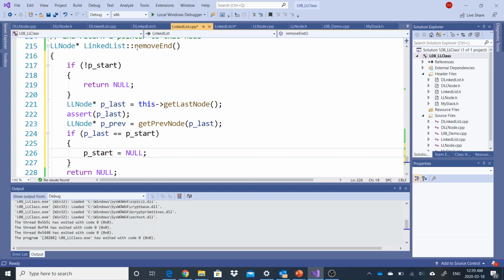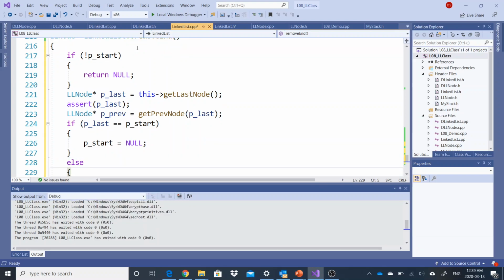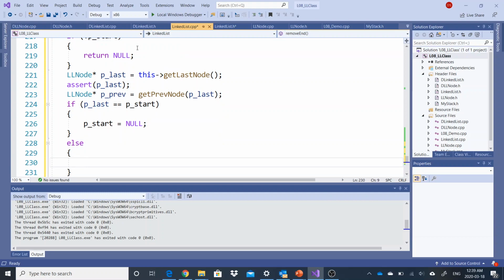Yeah, is equal to null. That should be fine. And otherwise, what else do I need to do? If the last element is equal to the start element, okay, so last element is equal to start, I only have one element. Other options, I already checked to see if there's no elements at all. Final options, I have one other element, and I know that p previous should be